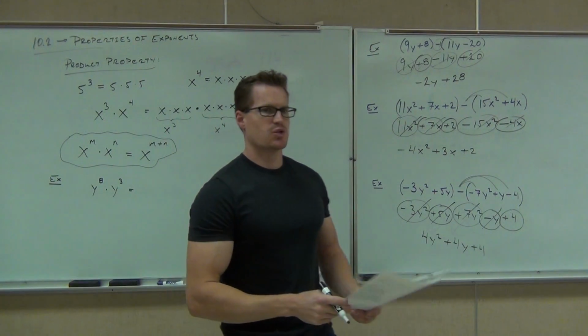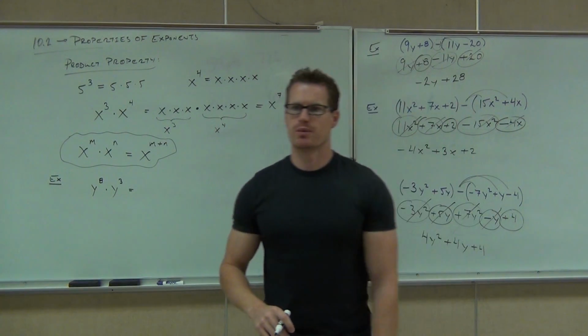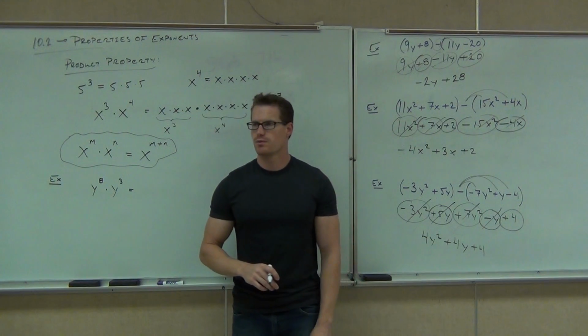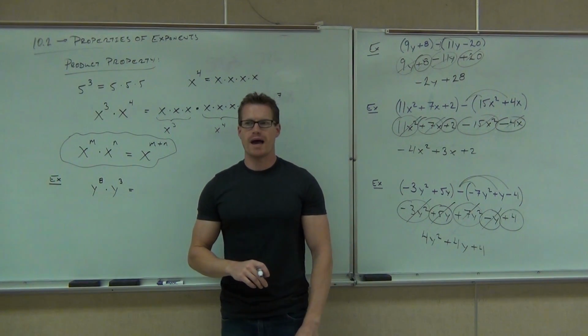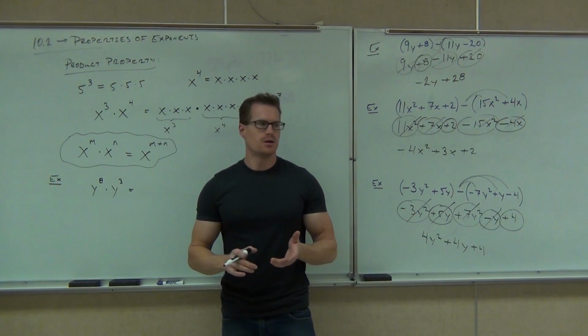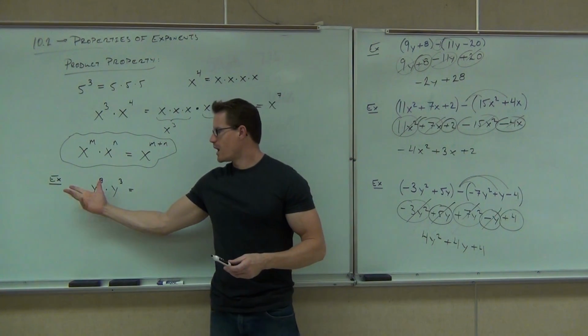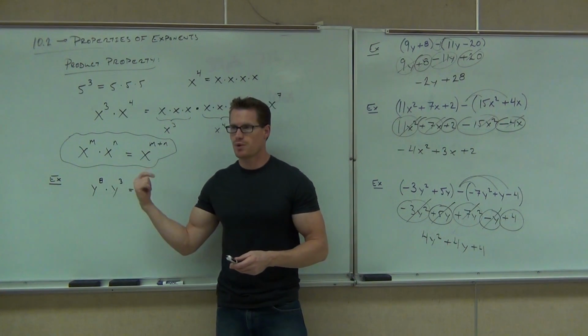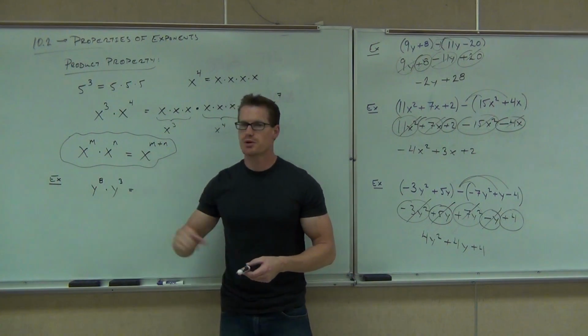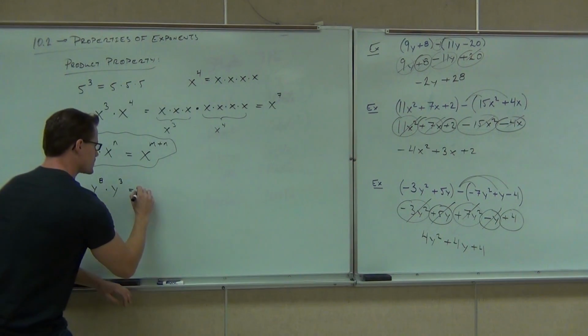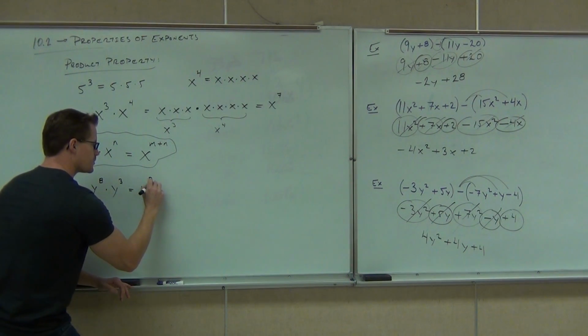So what do you say? How much is y to the 8th times y to the 3rd? Are we going to get y to the 24th? Y to the 11th? How do we get 11? Yeah, because you have 8 y's here times another y, 3 y's there. If you add them all up, you're going to get 11 y's. So this is y to the 8 plus 3,